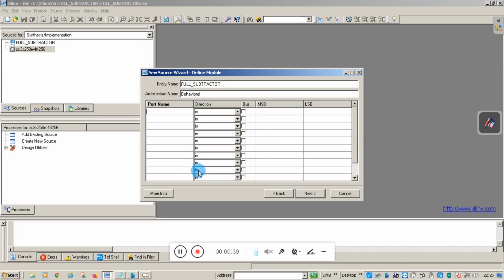Then you will see the New Source Wizard, where we will mention the port names, that is input ports and output ports.